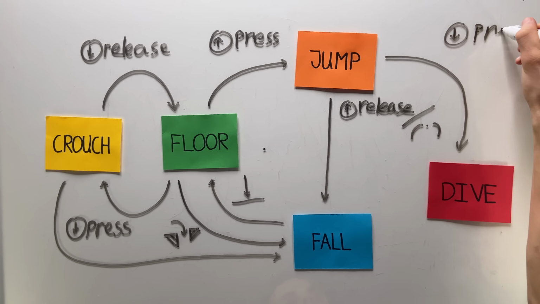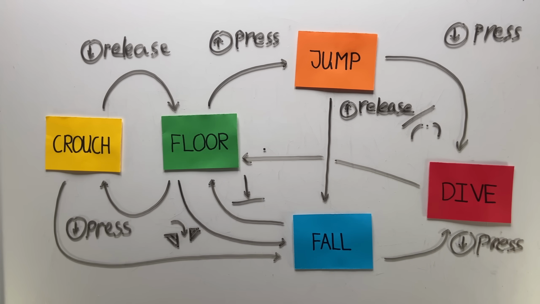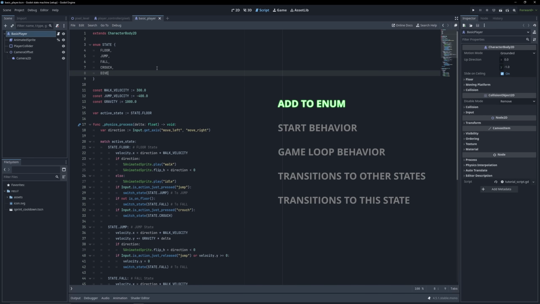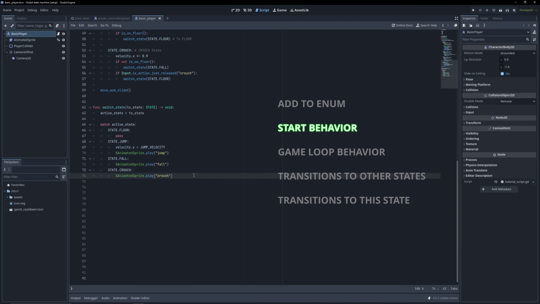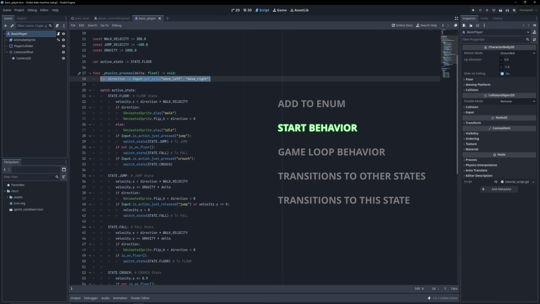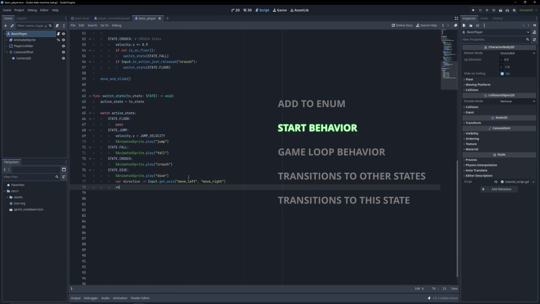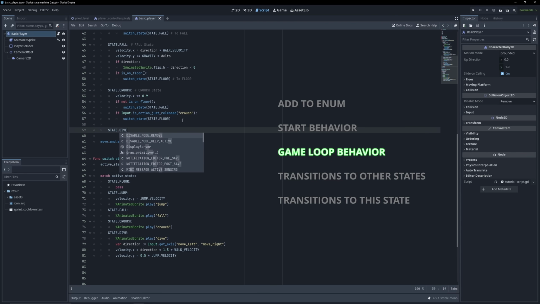Just for the fun of it, let's add a dive in 30 seconds. Add dive to the enum. When transitioning to the dive state, play the dive animation. Set the x velocity to the input direction multiplied by 1.5 times the walk velocity, and the y velocity to half the jump velocity. In the game loop, we apply gravity